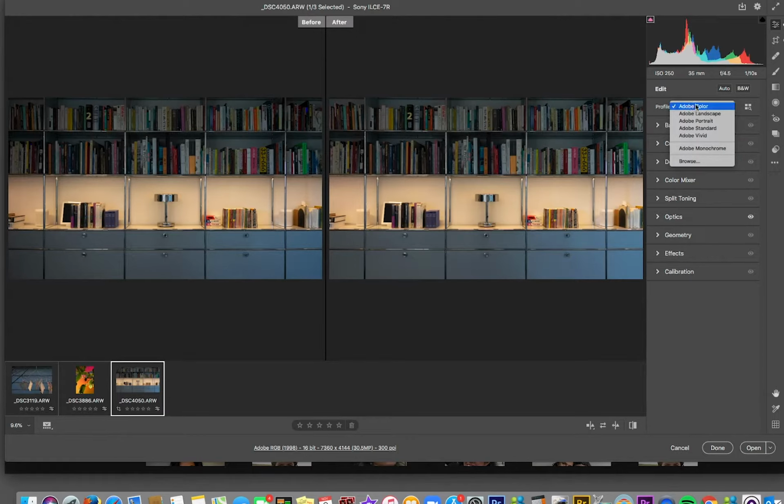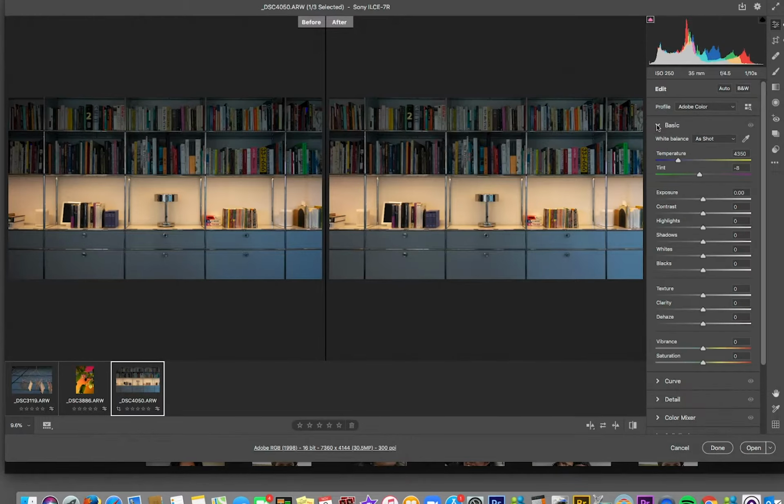In Profile, if you click on the Profile window, you're always going to want your profile to be Adobe Color, which is the default. When you click on your basic panel, you're going to see all these different options. Up on the top, you're going to see different options for white balance. So by default, the first option will be as shot. You have a drop-down menu here, and you can toggle through all the different options to see if there's one